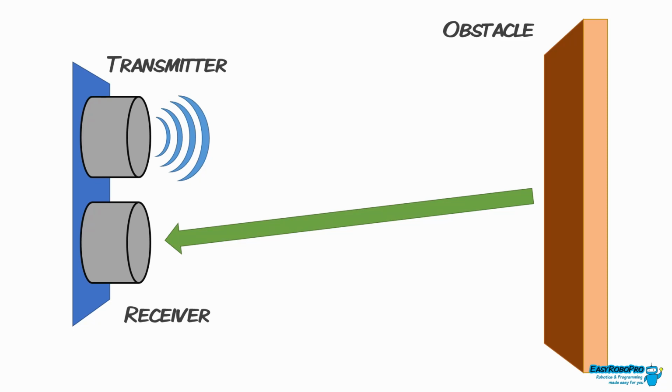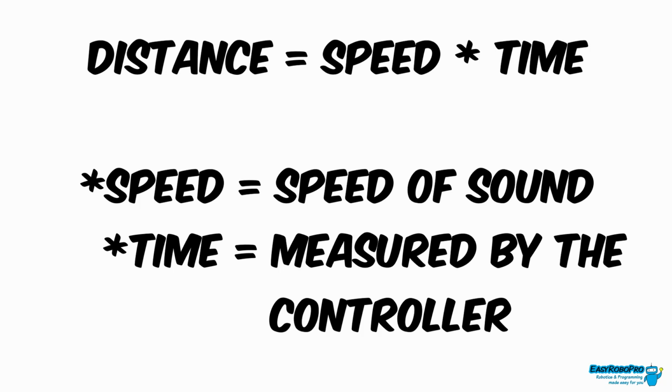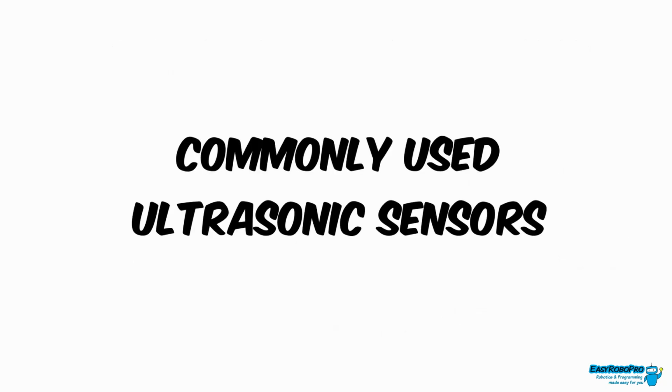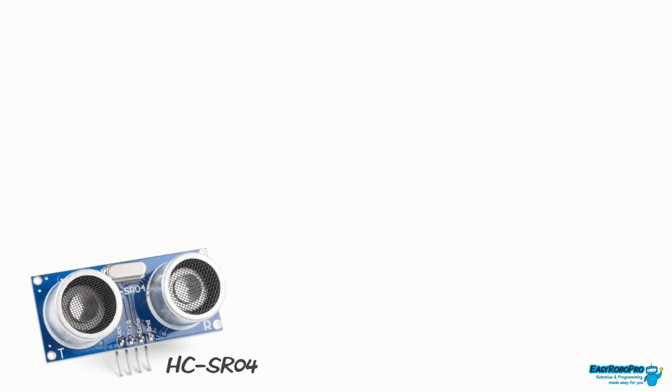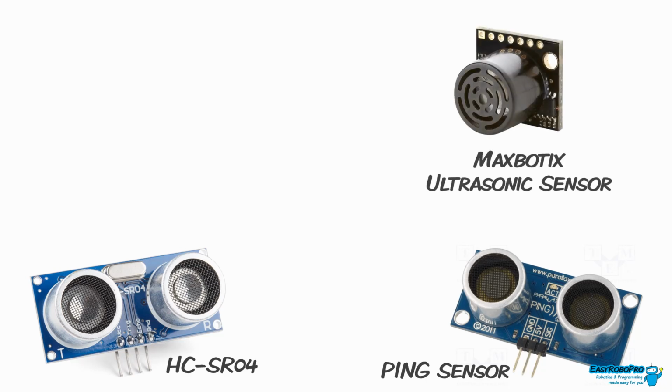This reflected pulse is what is detected by the receiver. Now with the help of some simple math, we can calculate the distance from the sensor to the object. Some popular sensors that work using this principle are the HCSR04, the Ping sensor, the Maxbotics ultrasonic sensor, the Lego